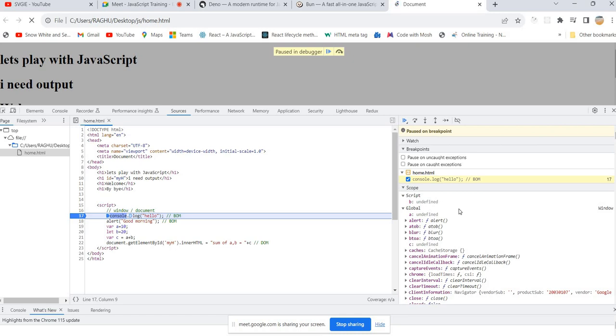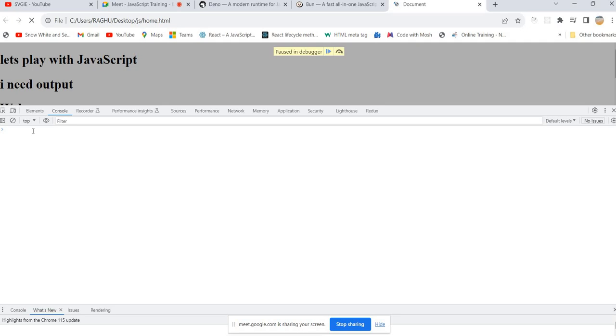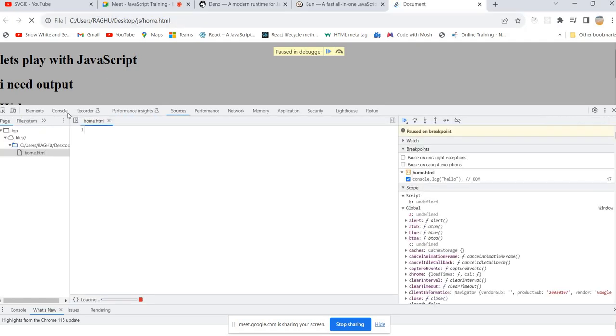In the last 20 sessions, we understood that var a is equal to 10 means a value will be 10, right? Yes, sir. And let b is equal to 20 means b value should be 20. But in the browser, it is showing undefined. Why? Why is it undefined? So if you see in the console.log, if I execute this one,